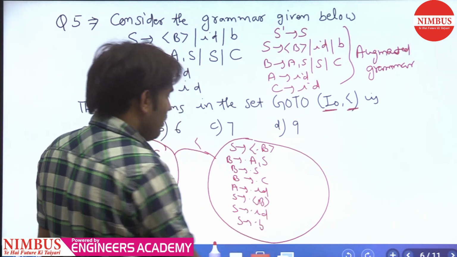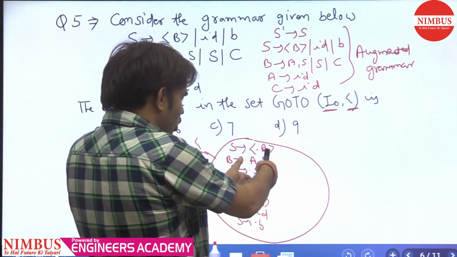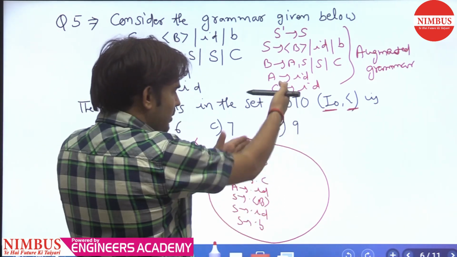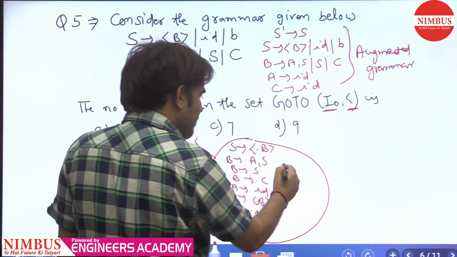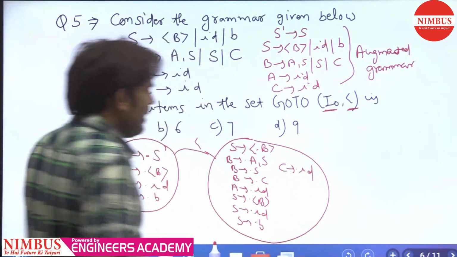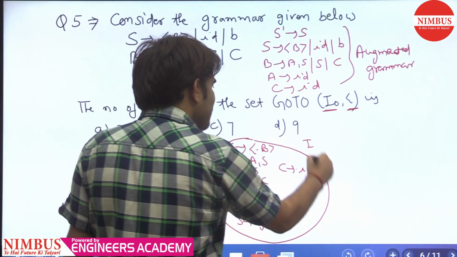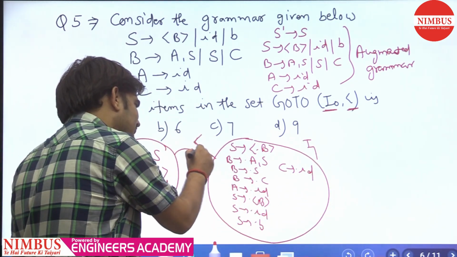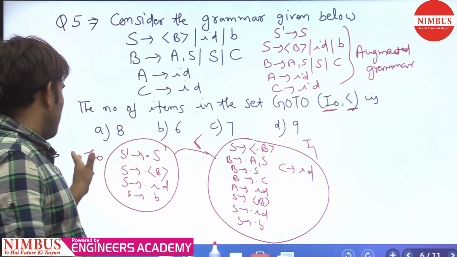Dot B. Okay, and we are also getting dot in front of C, so we need to write the production of C also from the augmented grammar which is starting from C. So C dot id. Okay, so that much of states you will get when you give this less than operator on I naught state.